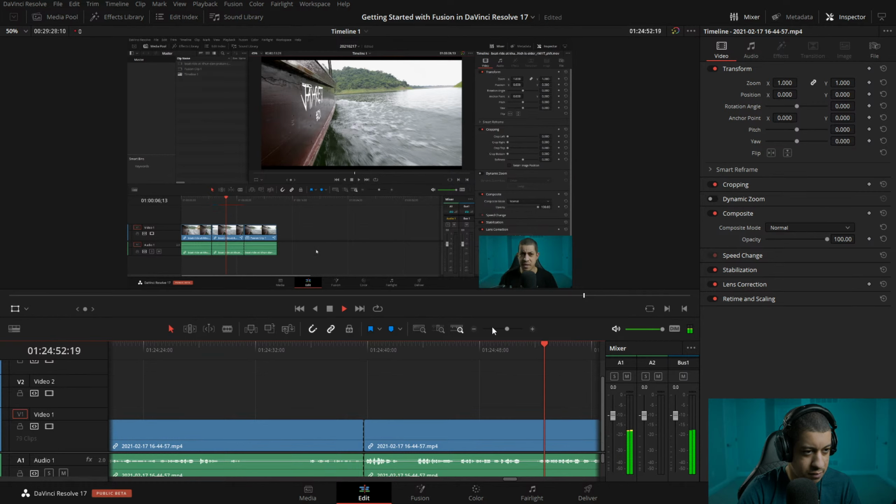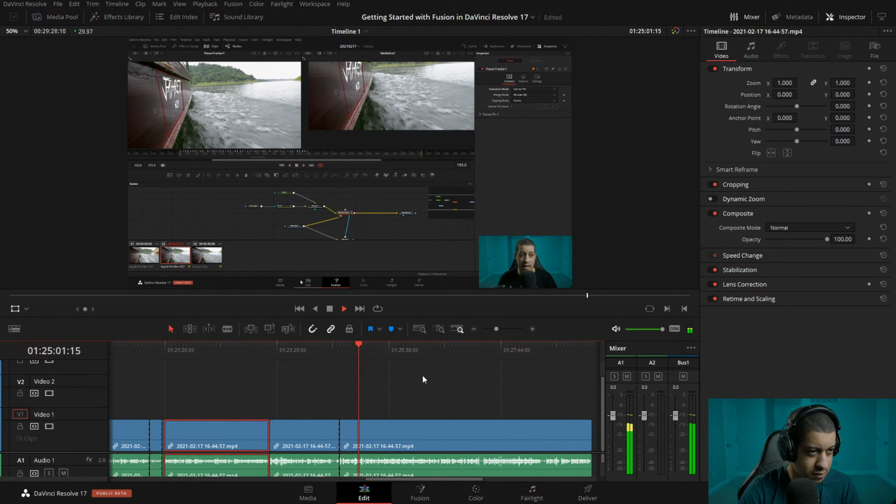So yeah, that's pretty much a brief idea of how Fusion works. There are a lot of nodes in Fusion. There are a lot of parameters in Fusion. It's not something that I would recommend grabbing the reference manual and